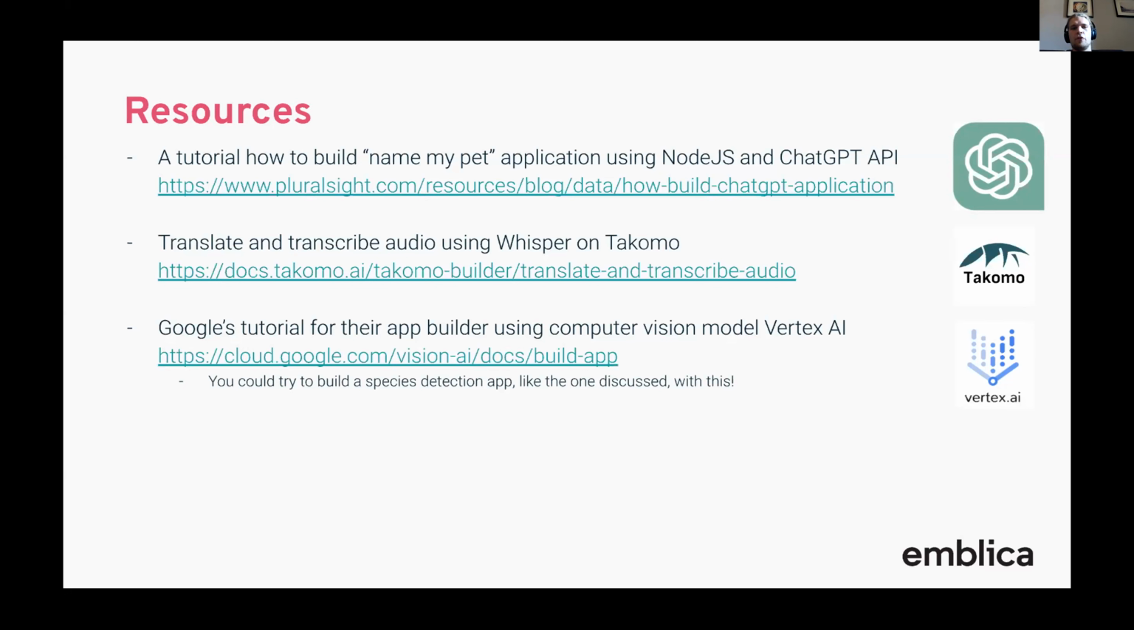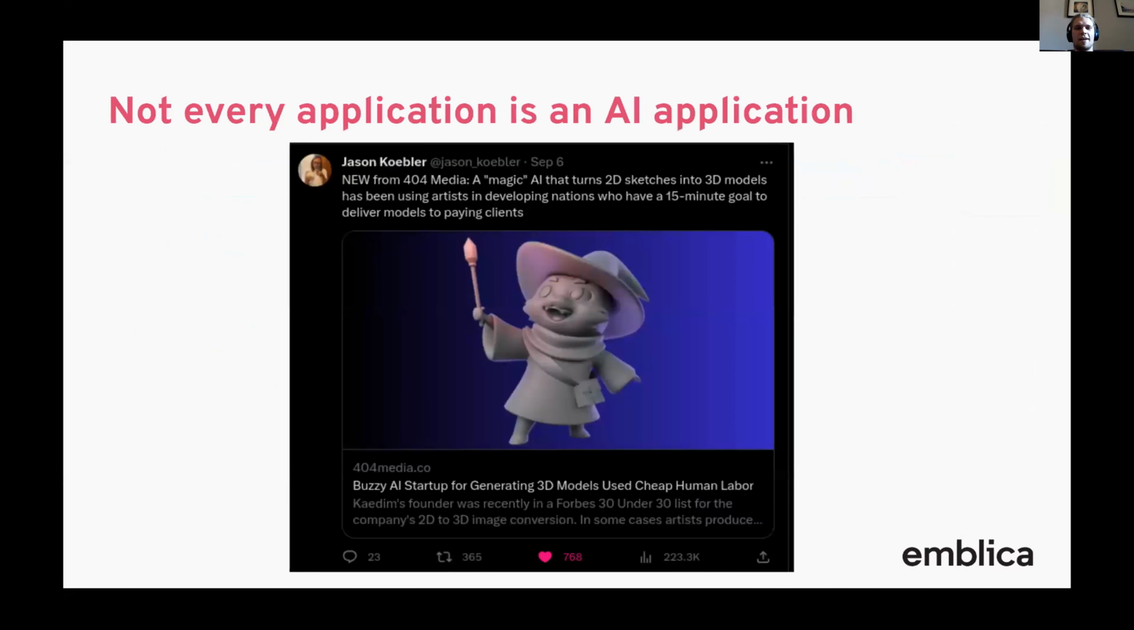And if you want to go full on Google platform, then there is at least a low code example using the Vision AI API, which you could actually use to build a similar application to what we were discussing today. But I think I want to end with this really